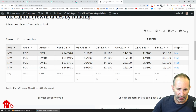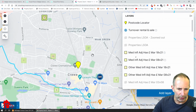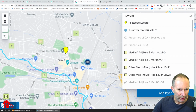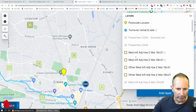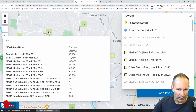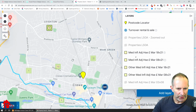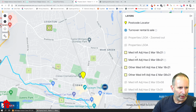CW1. Okay, so it's growing solidly, but I know that 10%, this little patch. So what's going on with Crewe overall is that it's quite patchy. And you can see here, so like 1%, -3 in this little spot here. But when you get more central, you can see that's 10%, that's 6%. So this area, people like this area. This is strong. So my upshot is, let's go to